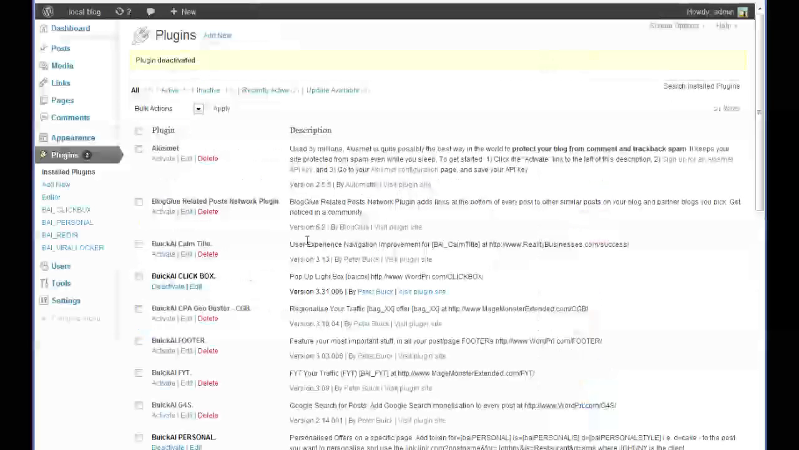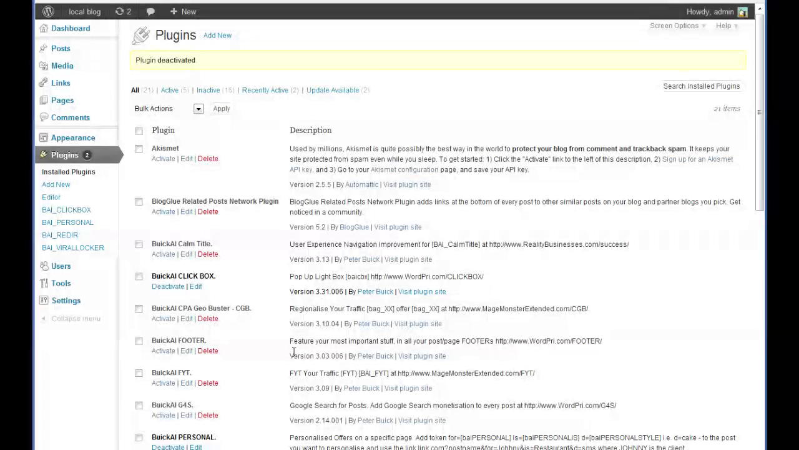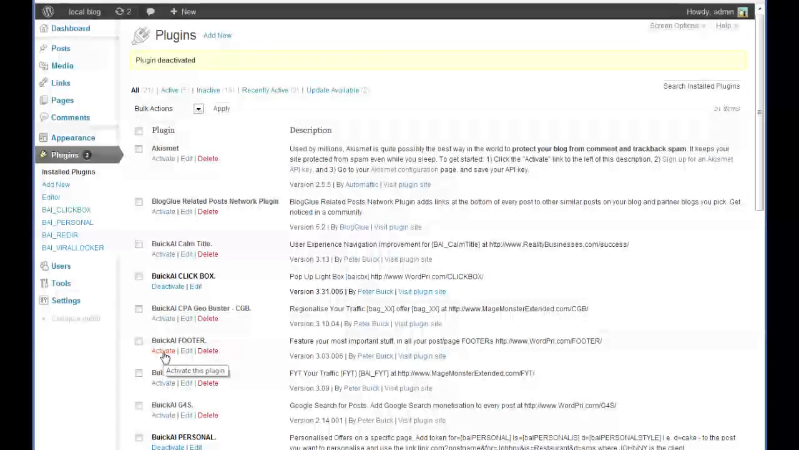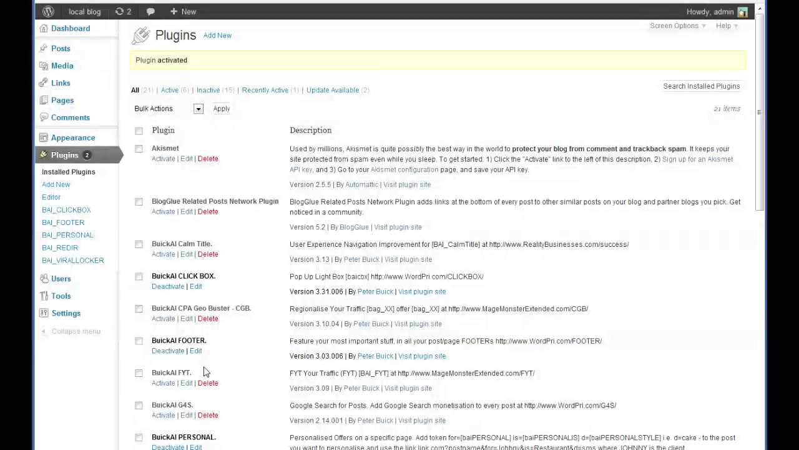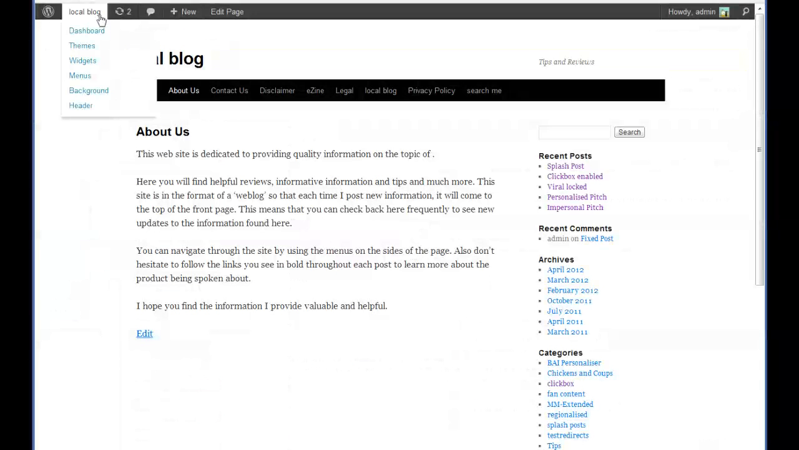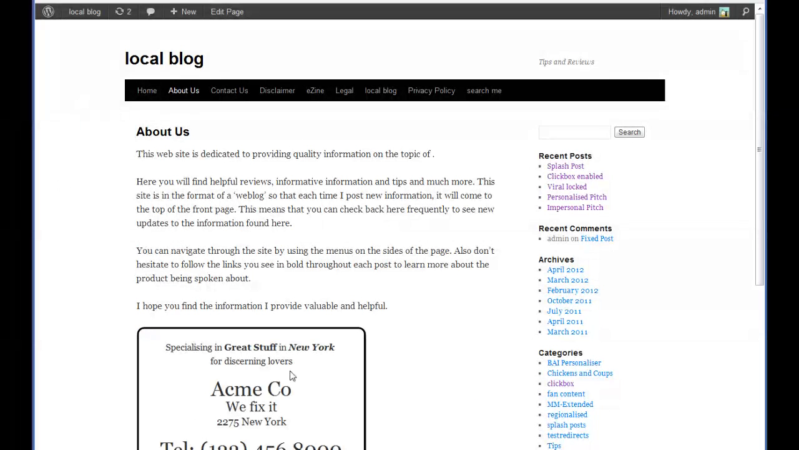So what I've done is I've written Footer Exposure. I'm pretty sure you probably know how to install a plugin. If not, you can ask. So I'm just going to activate the plugin, and that's pretty much all we have to do, really. So now when we go back to the blog, I'll just refresh the page, and you can see